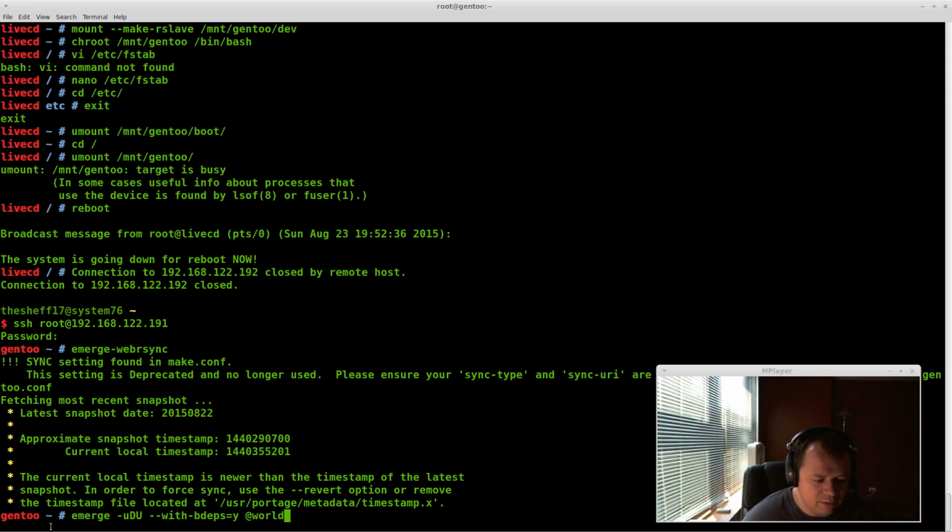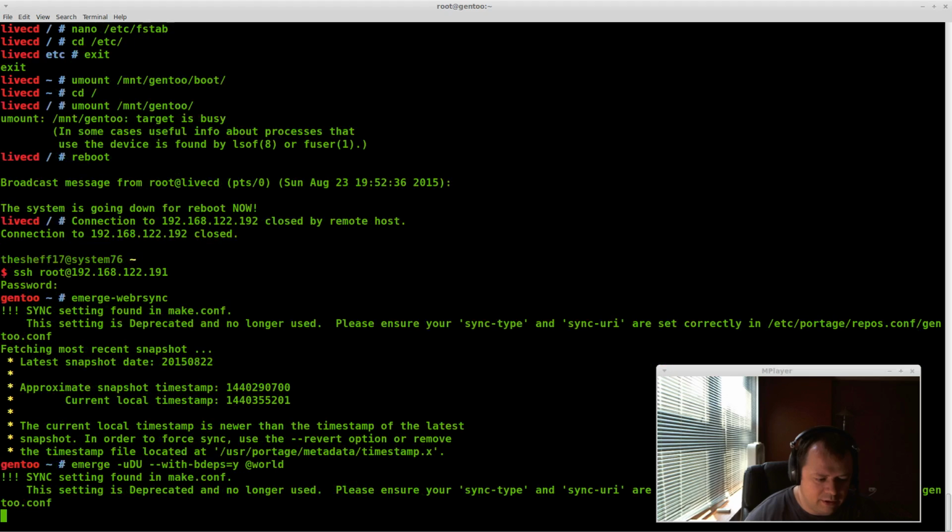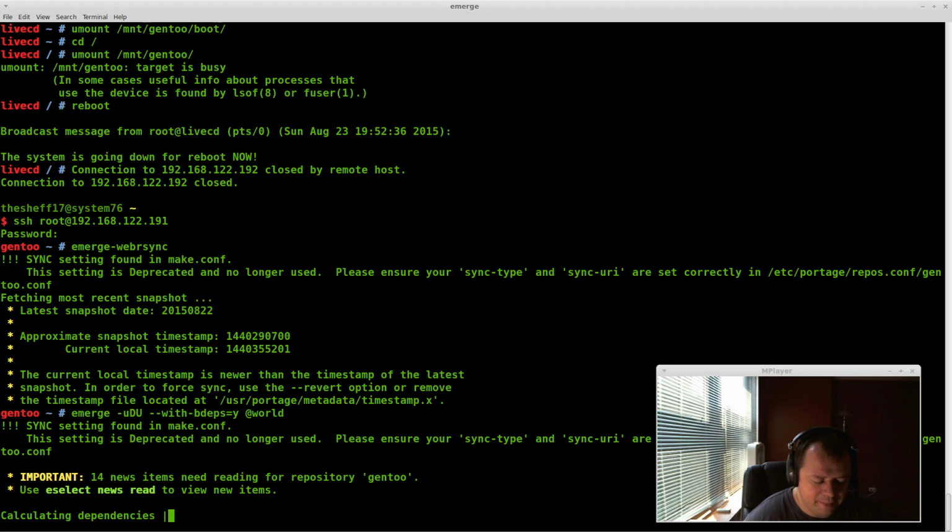This is the command to run updates. It's a pretty crazy command. It's emerge. This says update all the dependencies, and @world means everything. So we'll see if there's any. It should be fully up to date because we